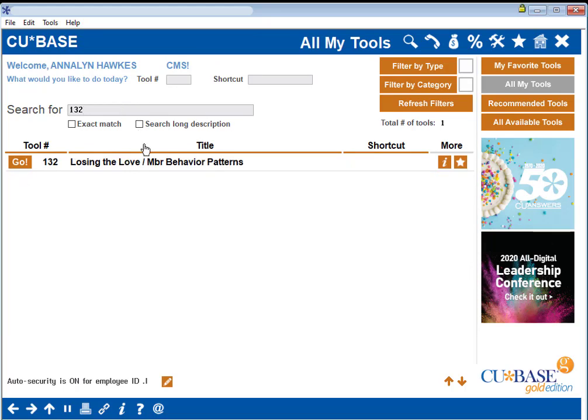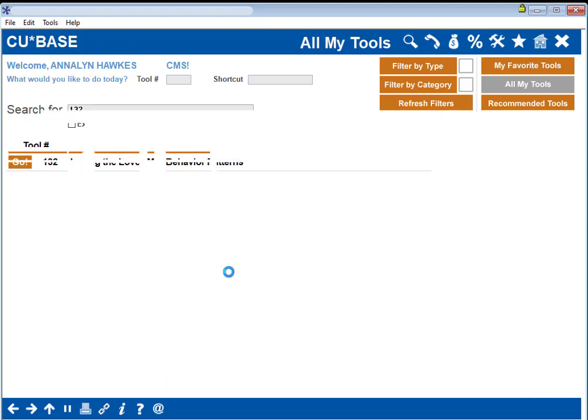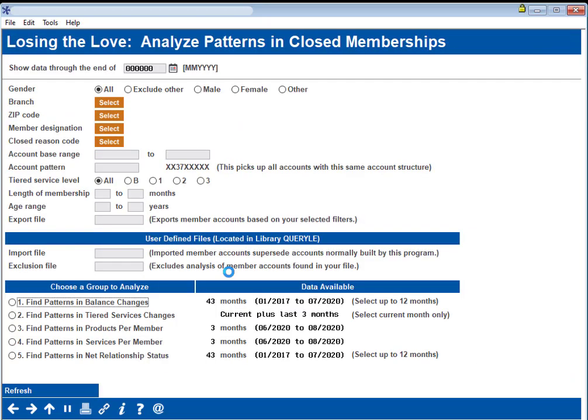132, losing the love, or member behavior patterns. So what a lot of people don't know is this is looking at memberships who've closed their accounts, but we can toggle it over to actually look for some of these things on open memberships as well. So if we want to see what memberships are open with me today, but are exhibiting some of the patterns that I think I've identified as leading to a membership leaving me, we actually can find those on existing members